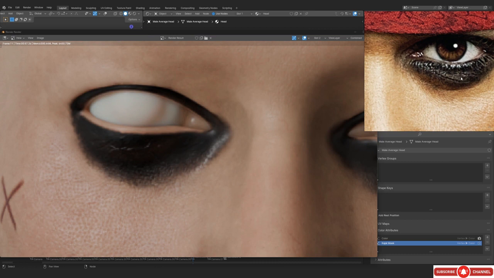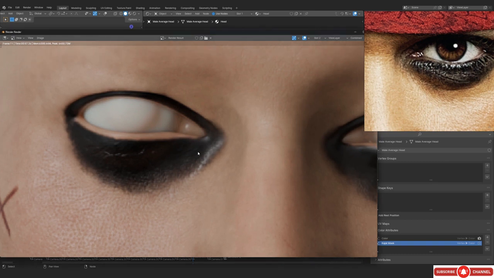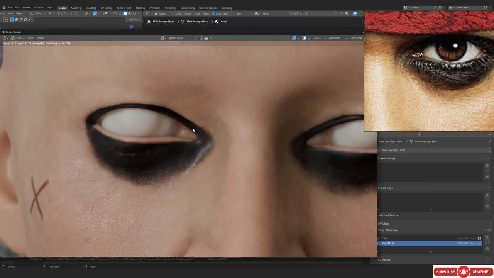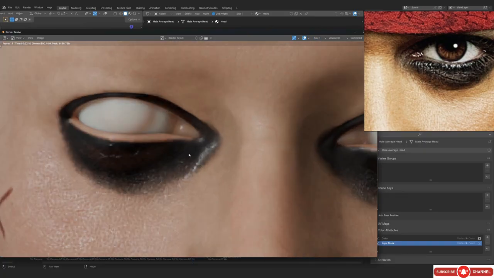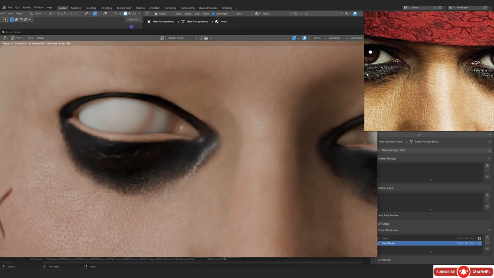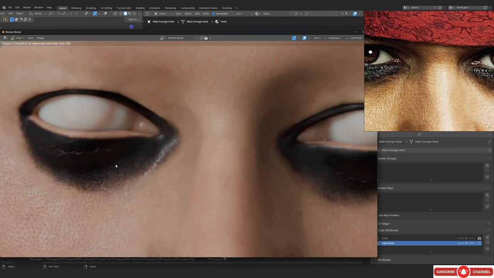So now I feel like we can actually do something about the black mask thing. Or maybe I might not do it in this video, because I can see that the video is about to end. So there is a possibility that I might not do it. I guess that's what's going to happen.